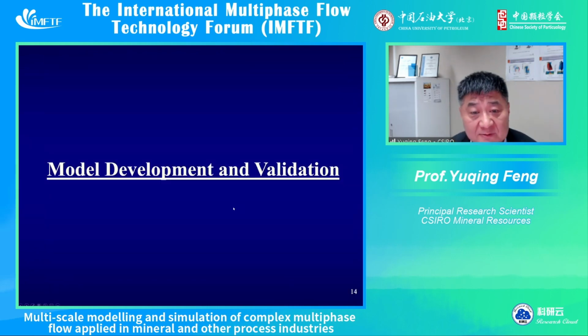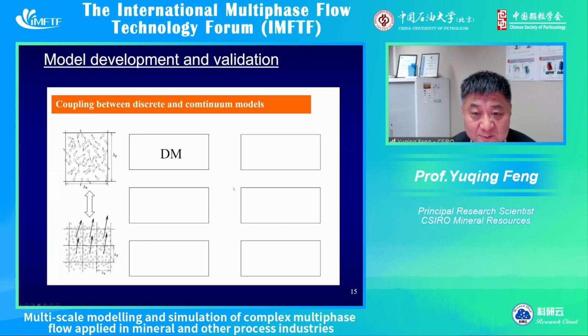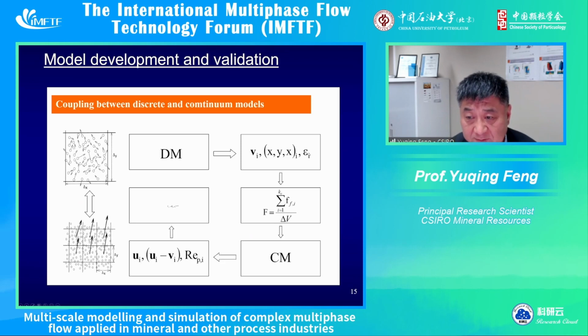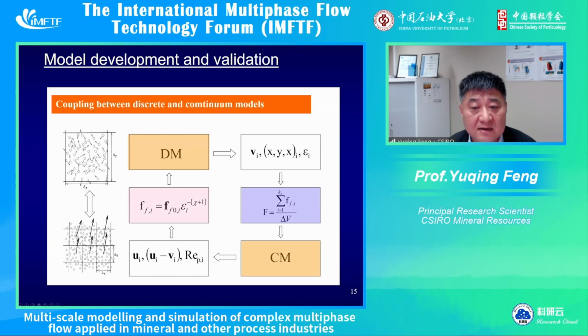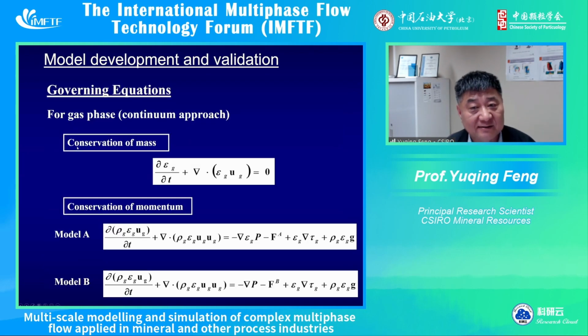In the model development, the coupling between the two is like this: from the discrete particle, we get the velocity and porosity, then calculate the drag force, and feed it to the continuum approach. From the continuum approach, we get the pressure gradient at each particle, then get the individual particle force and feed it to the discrete particle. But for the governing equations, one struggle is